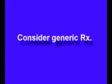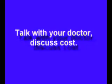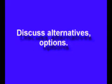So try generic. When you're in the room with the physician and the physician's making a decision to prescribe a drug, bring up the cost factor. Say, Doc, I'm just not an unlimited body of money here. I'm paying my own way because I have an HSA. You're prescribing an antibiotic. How expensive is that? Is that costly? Is there a cheaper alternative? I don't have to have the best, most recent TV drug